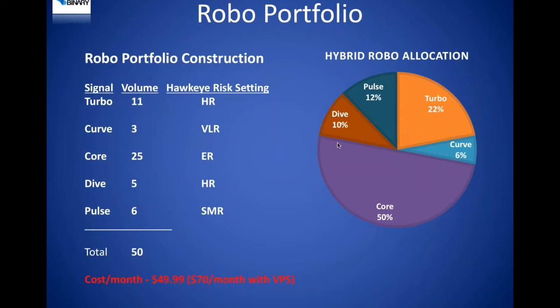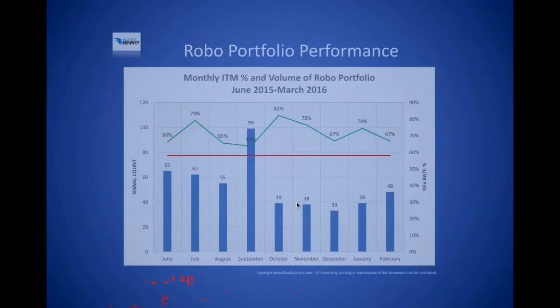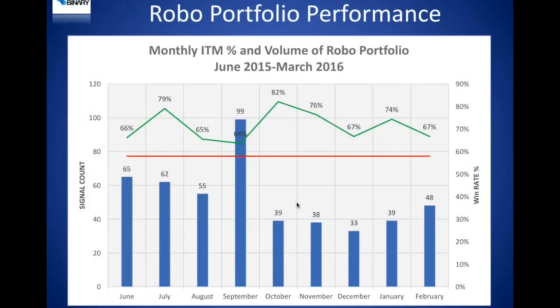And so how would this Robo portfolio have fared had you received this information and had Hybrid been a working product in June of last year when we launched Hive as a pure manual service? And this is what the next chart shows you. Okay, again, this is all real data. This is based on binary.com replication data. This is not just Hive Analytics, Hive ITM,